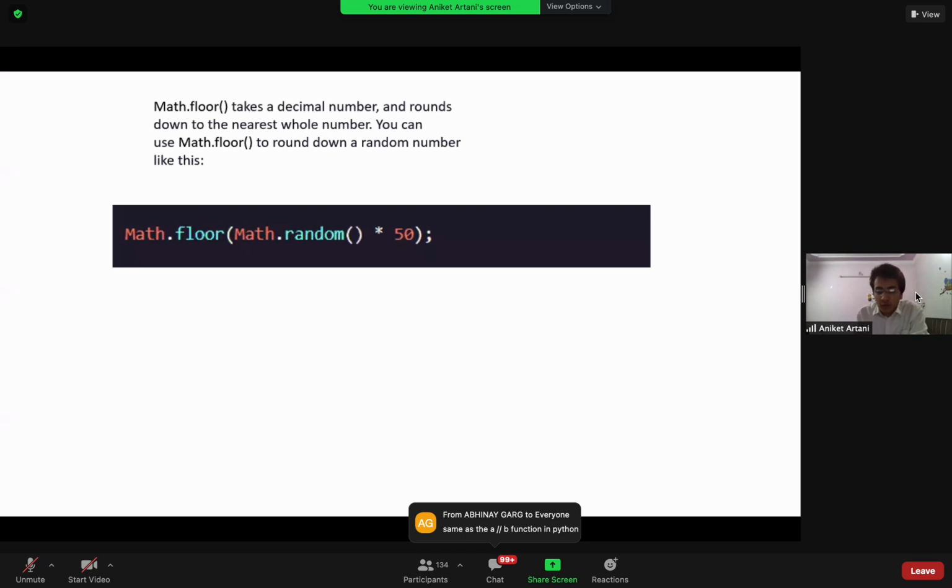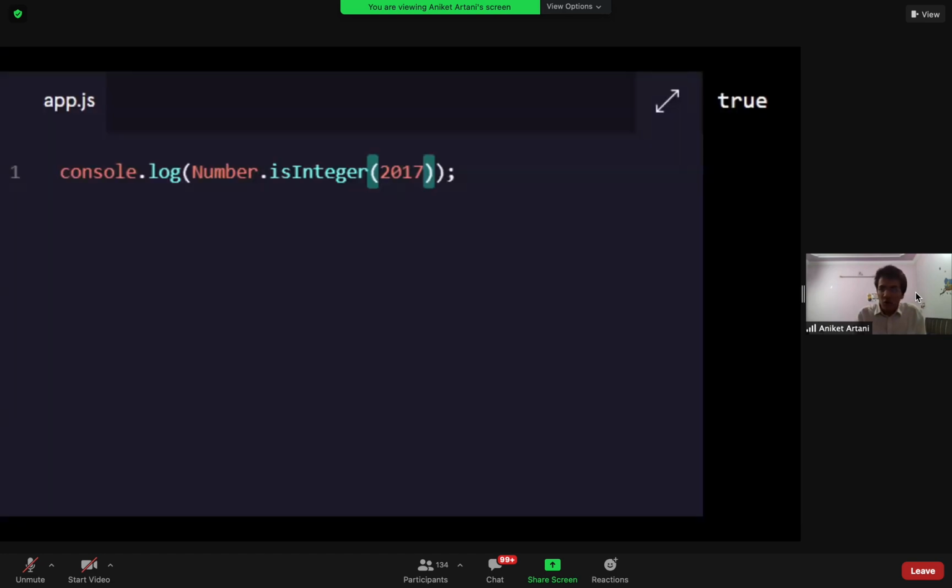Then Math.floor will round the number down to the nearest whole number. Don't worry, we will explore the methods practically, not with pictures or in this type of compiler. Let's move ahead with another function.